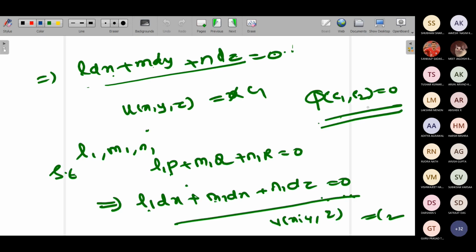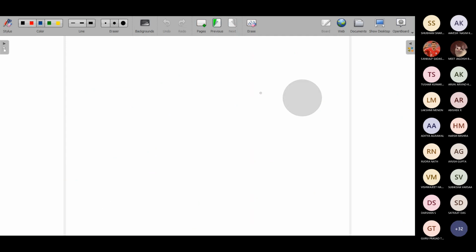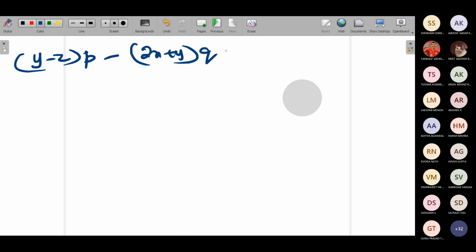Okay, I'll do one more problem. You can take it down. Solve y minus z into p minus 2x plus y into q is equal to 2x plus z. So here, this is of the form